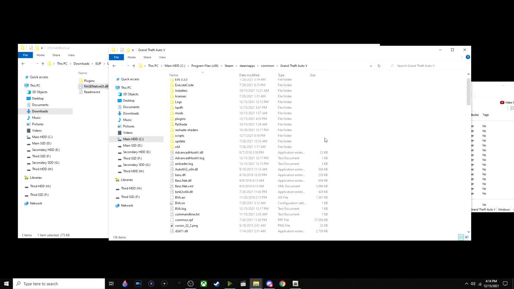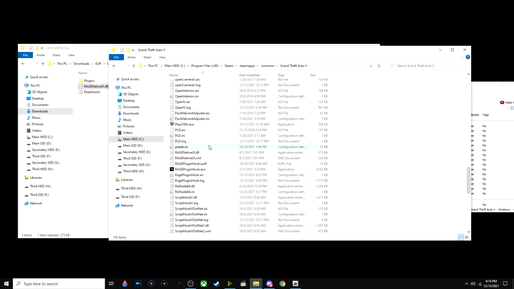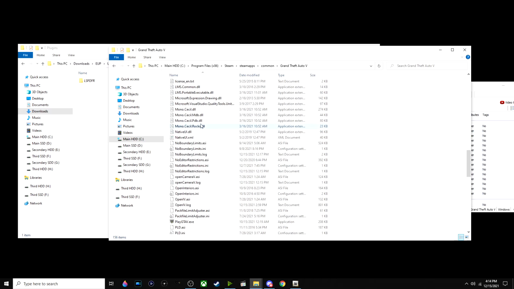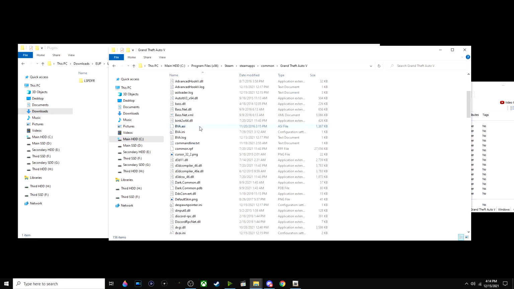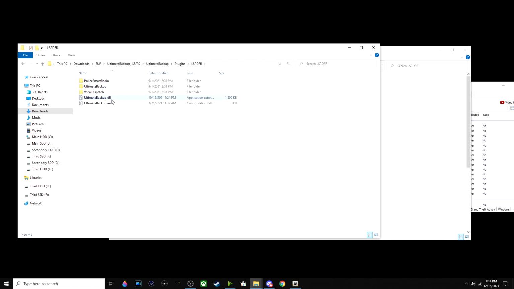So as you can see, if I go to GTA 5 here, I scroll down to Rage Native UI, there it is right there. Also have in the XML as well for that. As you can see, it's still the same date, so I don't need to change that. But if yours is out of date, you would need to update that as well. So we can go to Plugins, LSPDFR, and then here